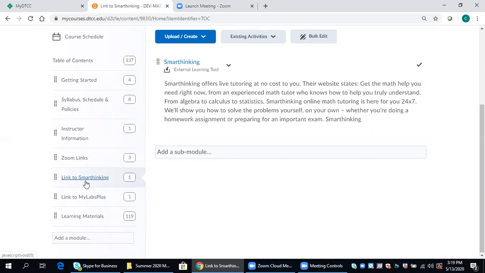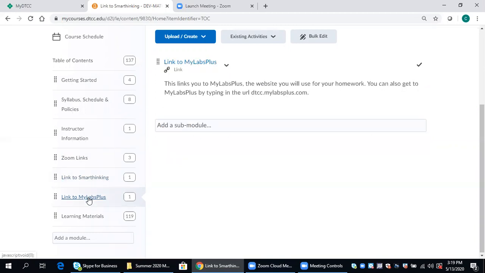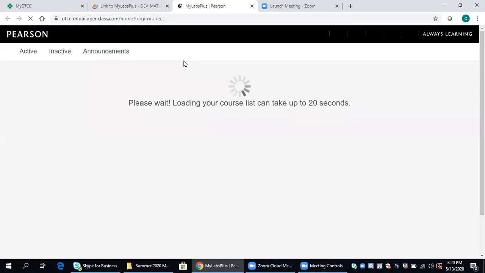It's a live tutoring at no cost to you that they provide, that you can get help while you're doing your homework if the Math Success Center is closed, or if you would rather use the Smart Thinking. The link to MyLabs Plus, that will take you right to MyLabs Plus. What is MyLabs Plus? That's your homework site that you'll be using. So if you go to that